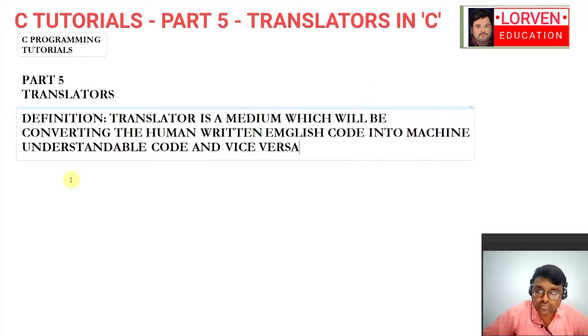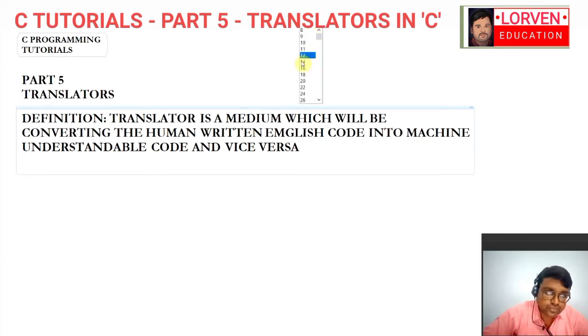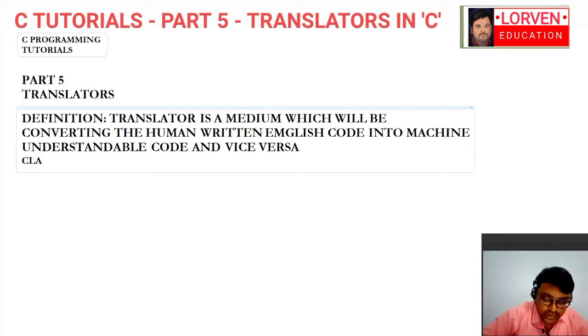So now, classification of translators. Translators are classified into two types.